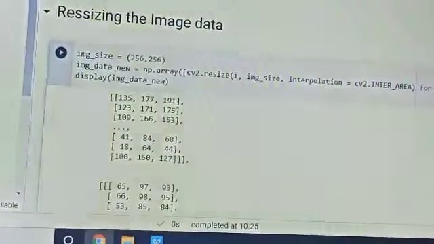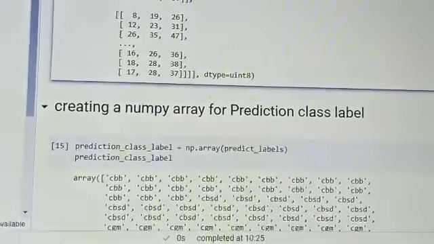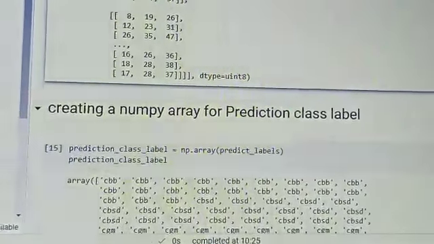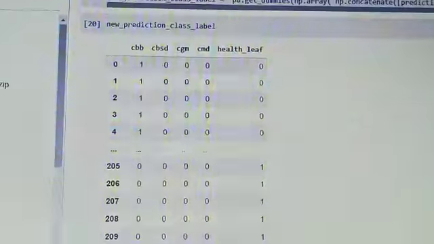We have to identify the data of the image, and we have to create a NumPy array for prediction, like a dummy array. We will use how the classes are described. This is our prediction class label,